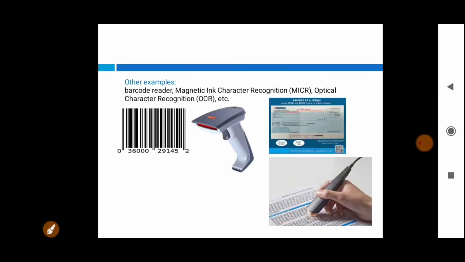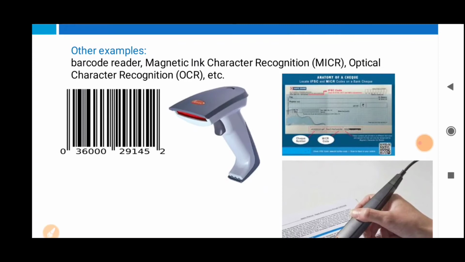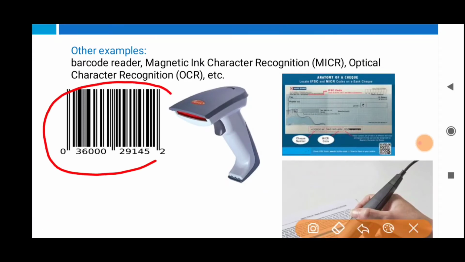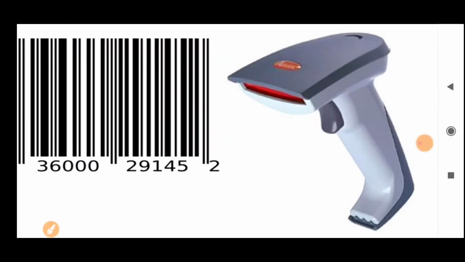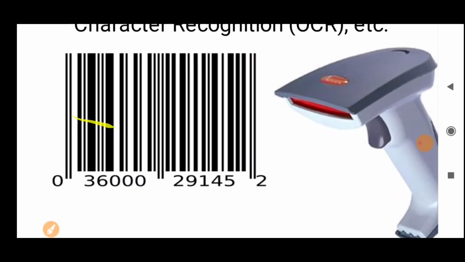Here we can see some more examples of input. Now this is the barcode. It is made up of lines of various widths. The height also sometimes changes, so every width is going to represent a number.